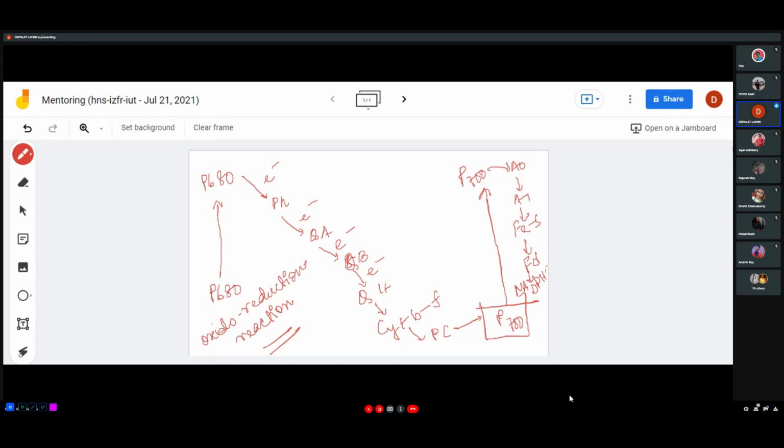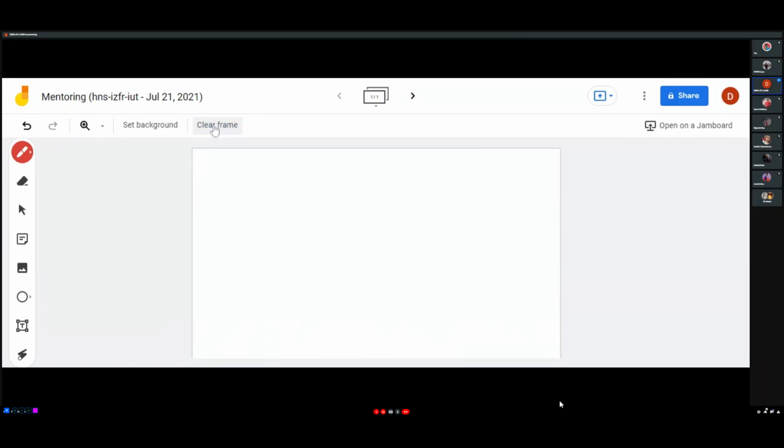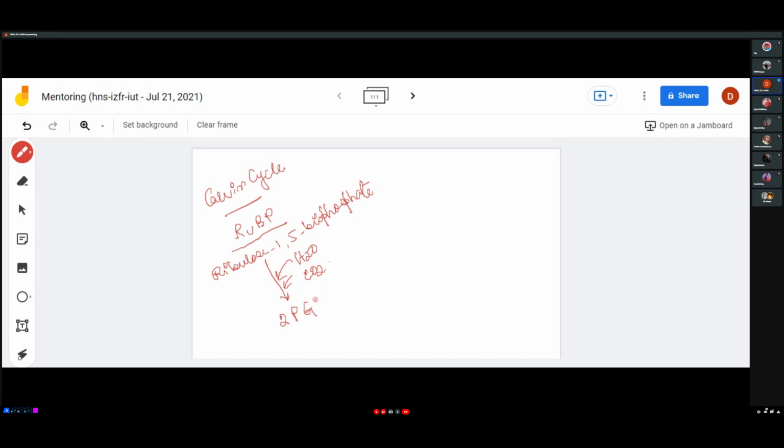Now, we will talk about another cycle known as the Calvin cycle. Now, this is another very important cycle of photosynthesis. And in the Calvin cycle, what happens? We know the first electron acceptor is RuBP, that is ribulose 1,5 bisphosphate. And this ribulose 1,5 bisphosphate takes up water, carbon dioxide, and results in the formation of two molecules of PGA. Because we know ribulose 1,5 bisphosphate is a 5 carbon compound. When it accepts the carbon dioxide, it forms a 6 carbon compound, and from where it breaks down to form 2